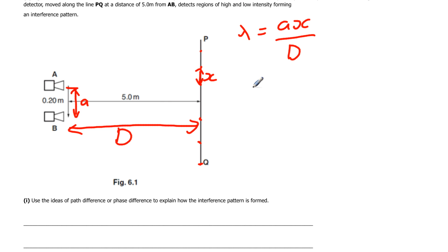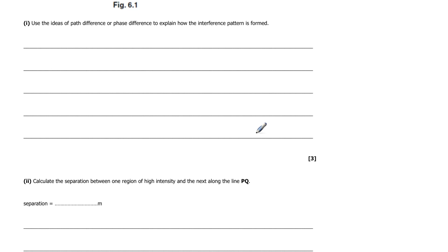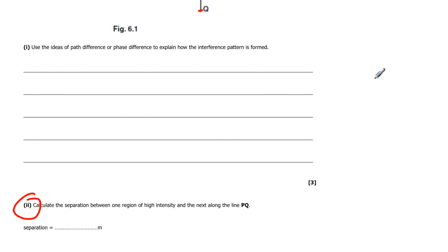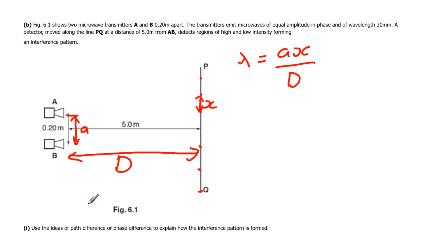So to solve this problem, we're also being asked to explain part I, so we'll go back to part I in just a moment. But what we're asked is what the separation is. So let's find out what that separation is. Well, separation between those maxima is going to be X, so we need to rearrange for X, and X is lambda D over A, which we should be able to work out as